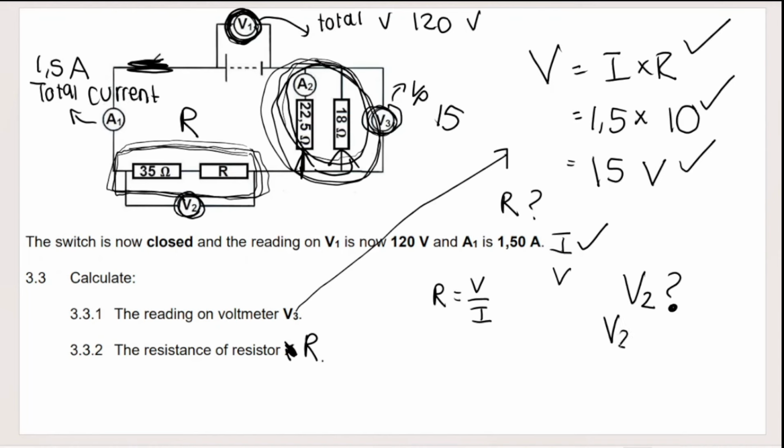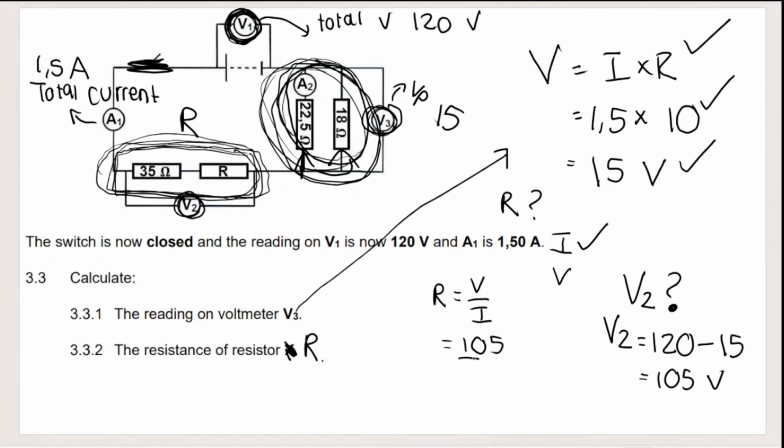V2 is basically 120, the total across the battery, minus 15, which is 105. Now that I have the total voltage across both of these, so basically V2, I can take that, 105, and I divide it by the current that flows through those two, which is 1,5,